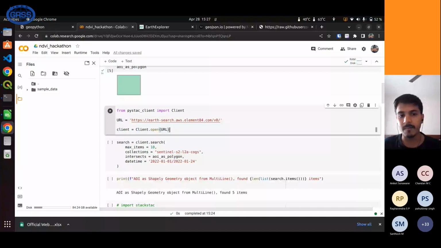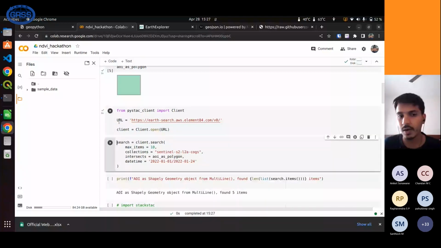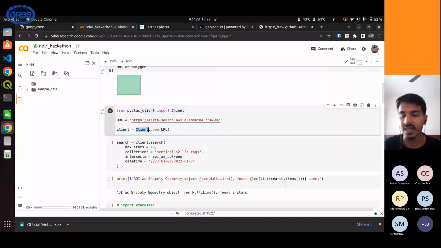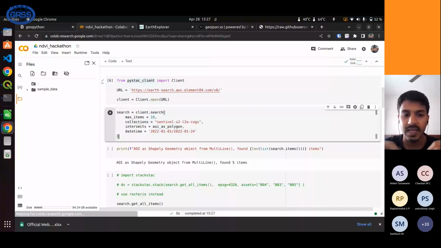So we'll be calling this URL using this client operation from PySTAC client, and then we'll define that for my area of interest, which is this,